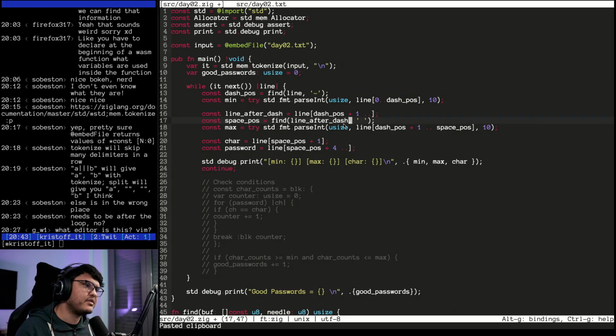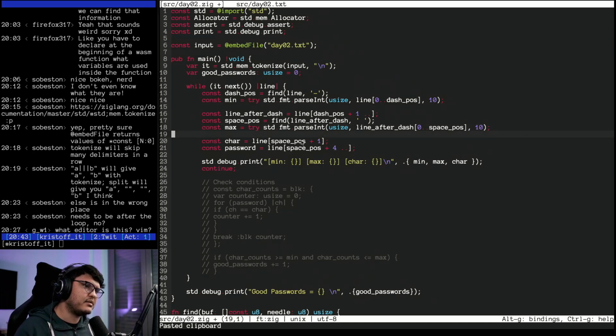So we can call it line after dash. And now we can do line after dash starting from 0 until space pause. Okay, and that does the second half.